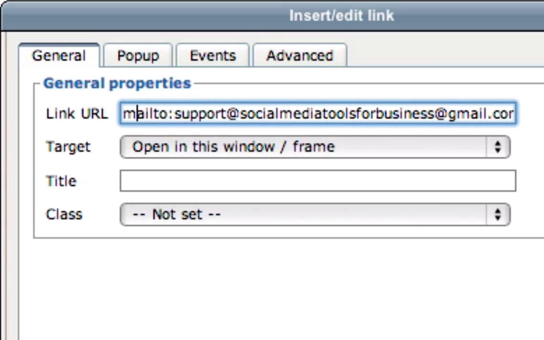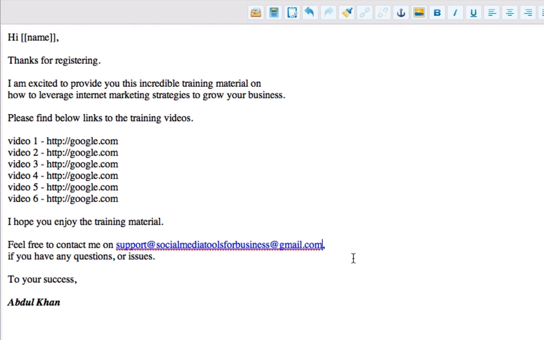So if you type in the link in this link URL field, mailto colon, and your email address, in my case it is support@socialmediatoolsforbusiness@gmail.com, and you click on the update or the insert button on that screen,